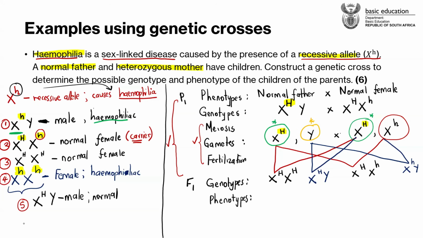But we can definitely calculate the possibilities, to say, do we have more chances of getting a male with hemophilia than chances of getting a normal male? We are doing all of this so that we get an idea of the possibilities we can expect if these two were to mate. Okay, so now let's interpret the phenotypes, guys.